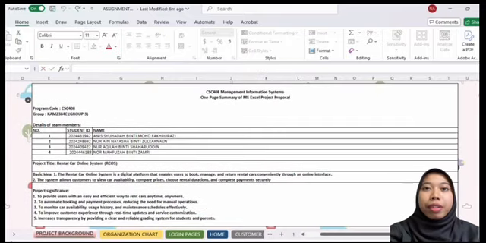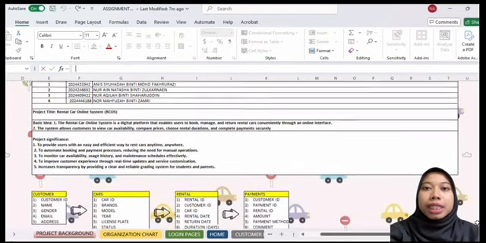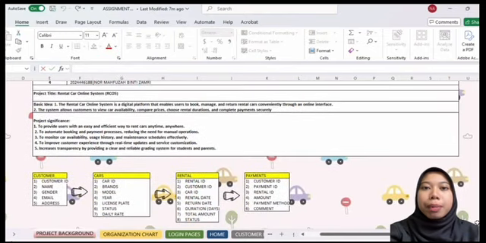Some of the benefits of our Rental Car Online System include time saving, which is the user no longer needs to visit a branch or call to check for car availability. The second one is accessibility. It is available online 24 hours for booking and payment. And then automation reduces manual work and improves accuracy. The fourth is a user-friendly interface, which is designed for both tech-savvy and beginner users. The last one is efficiency in management, which helps car rental companies track all customer, car and payment data in one system.